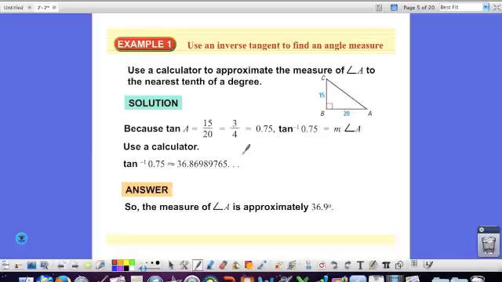Okay. You're going to press the second button, and then you look at the options where it says tan⁻¹. So you hit the second button on my calculator. I put in 0.75. Tangent⁻¹, and I get 36.86989, etc. So the measure of this angle is approximately